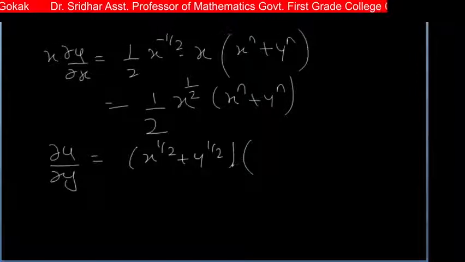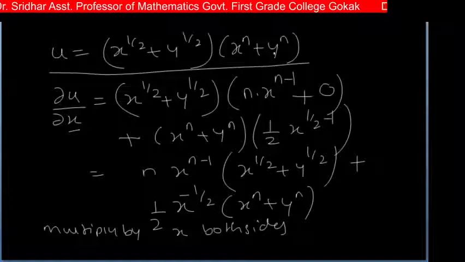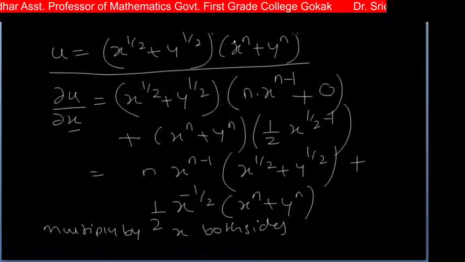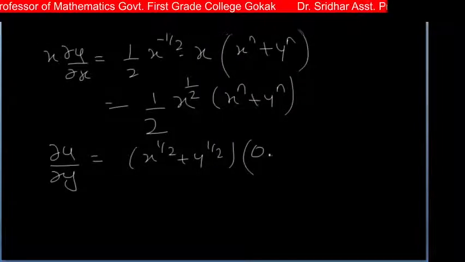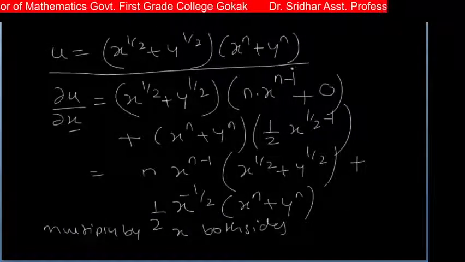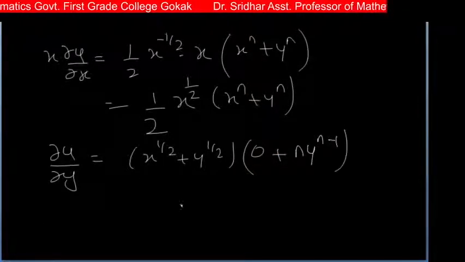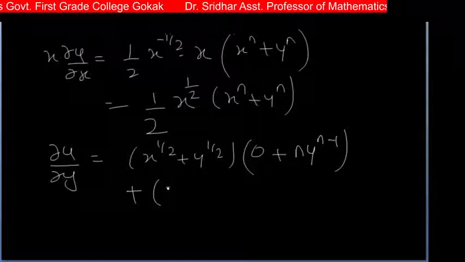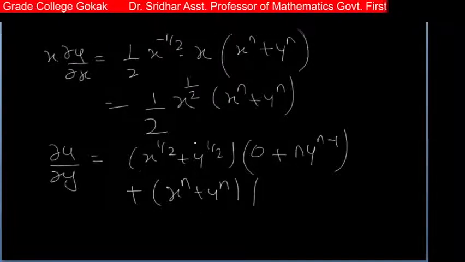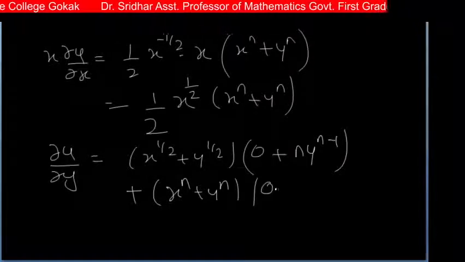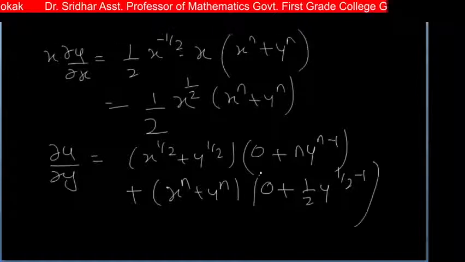differentiation of second function. Here we are differentiating with respect to y, so x is constant, so this term is 0, differentiation of the first term is 0, so it is 0 plus y raised to n differentiation, n into y raised to n minus 1, then plus second function as it is, x raised to n plus y raised to n. Next, differentiation of this one, so this is 0 plus 1 by 2 into y raised to 1 by 2 minus 1. Okay,